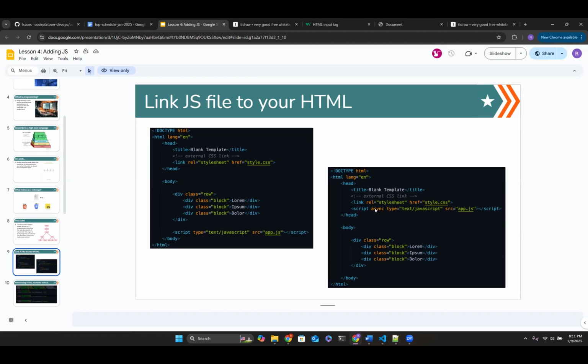And additionally, you want to add another attribute that says async, right? Which stands for asynchronous. What that's going to let your browser do is make sure that before it loads everything else, it's going to load up the script, right? So by the time you start seeing everything, you already have that functionality, right? So to avoid that issue that Tim just brought up, you want to make sure that your script tag is within your head. Both ways will essentially still work, but this way is a little bit more efficient. Make sense? Also notice that the script tag is not a self-closing tag, right? It requires an opening and a closing tag.